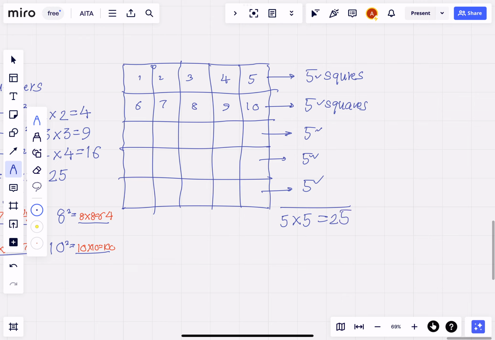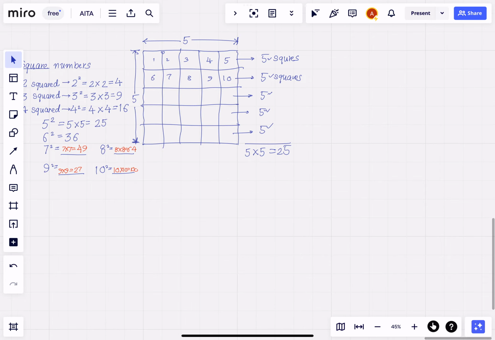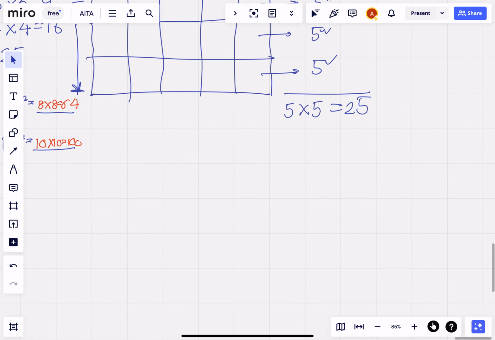So basically what you are saying is that if you know how many squares we have on one side, which is 5, right? And if you know how many squares we have on this side, which is also 5, then you don't need to count all the squares. You just know that there are 5 into 5, 25 squares there. So this basically applies to anything else. So take another example. So we can make